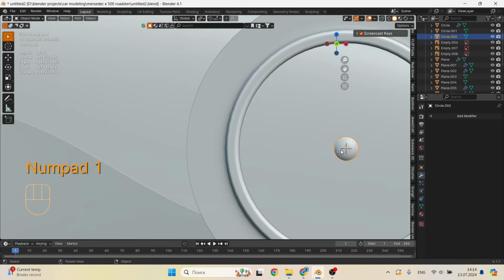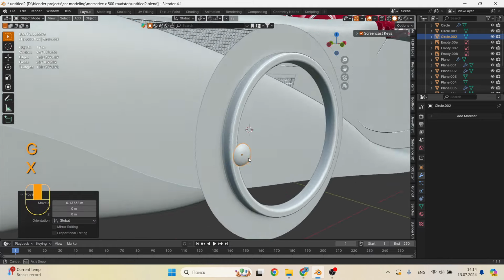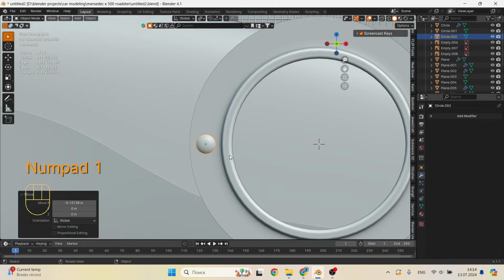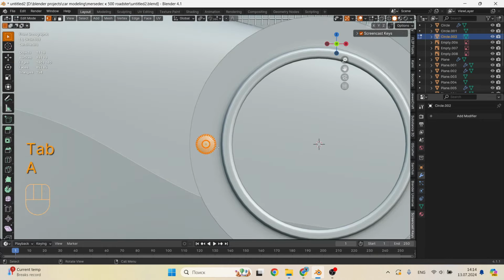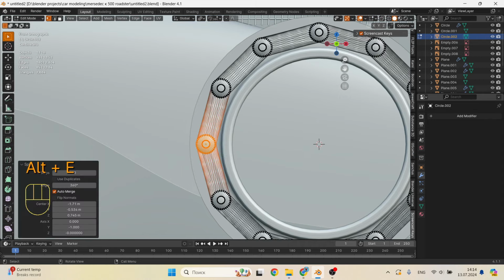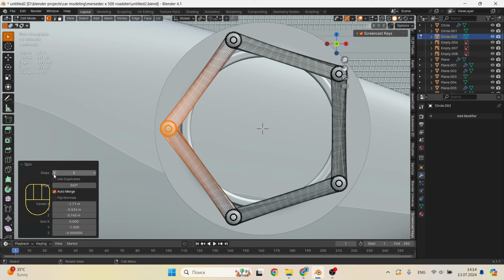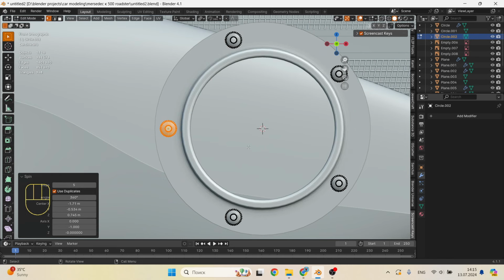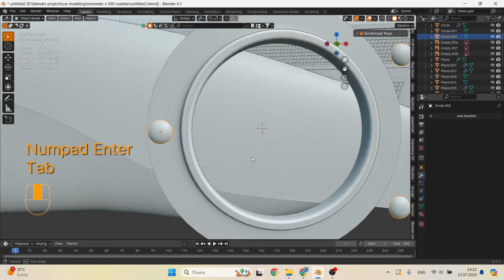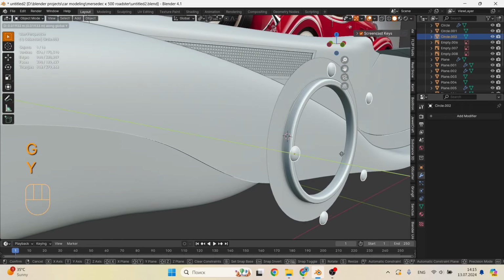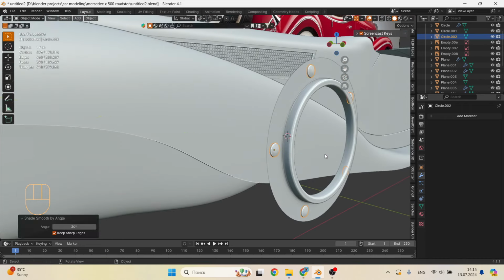So we place the rivet opposite the part, go into edit mode and press the Alt-E combination and select spin in the menu. This will help us easily arrange them in a circle. Select the quantity and check the box next to use duplicates. Whoosh and done. That's the power of Blender. Now we can apply modifiers, combine objects and mount them on the grille.